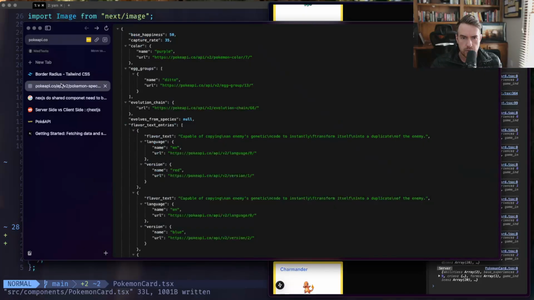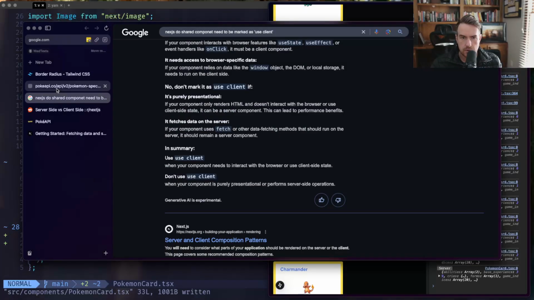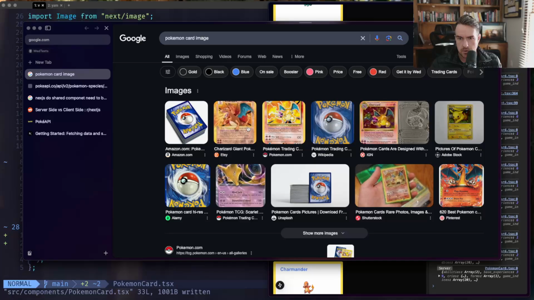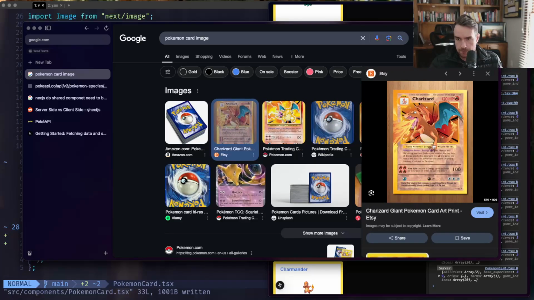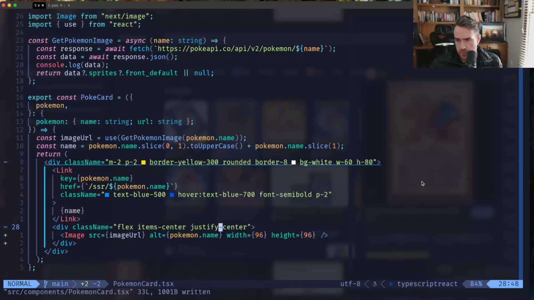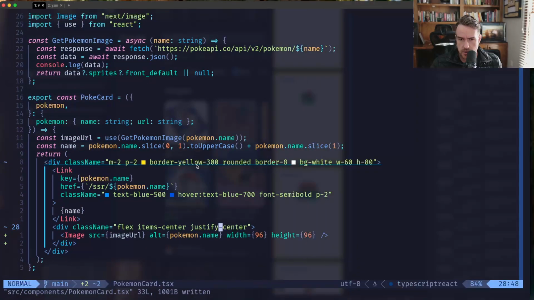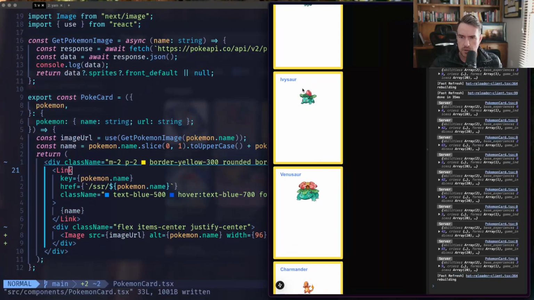Okay, where's my Pokemon card picture? Was that in the other one? Pokemon card image. Okay, Pokemon picture in the middle. Got some text underneath it, but honestly that's fine for now because I'm not trying to do anything too crazy, and all this is just reading data off the API anyway. So the biggest parts were getting the extra calls for the